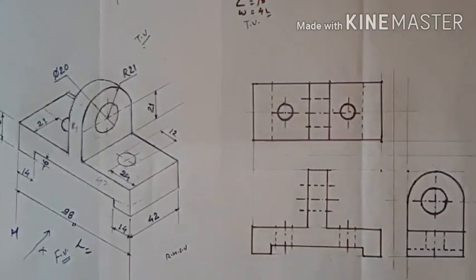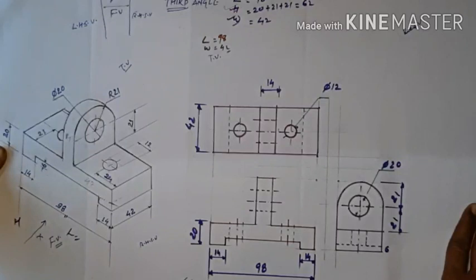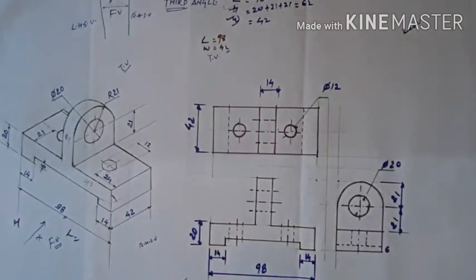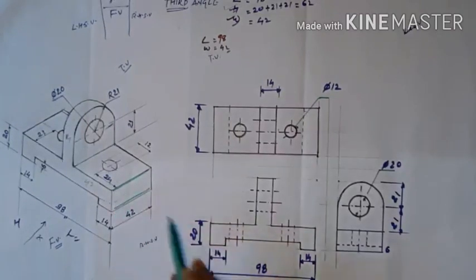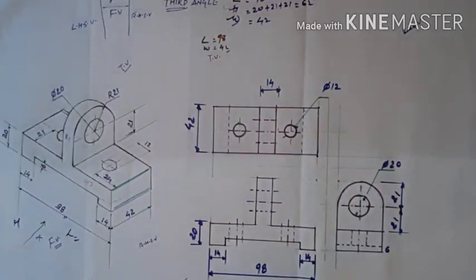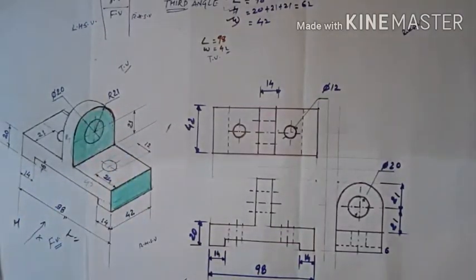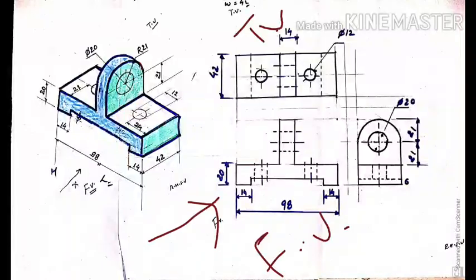So I make a dimension. This complete view shows the orthogonal projection of this. So I just make it easy for you. So this shows this line. Okay, what they show: this box shows your front view, sorry, this shows your side view. So this figure, this color shows your side view. Now what is the front view? So this diagram shows the front view.